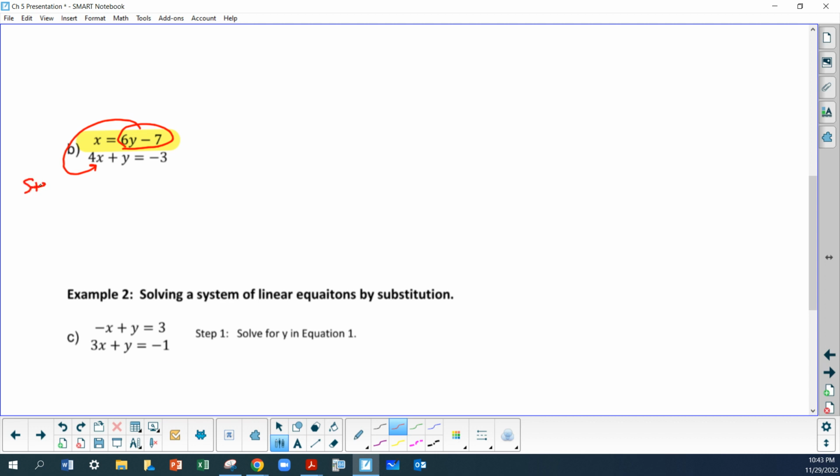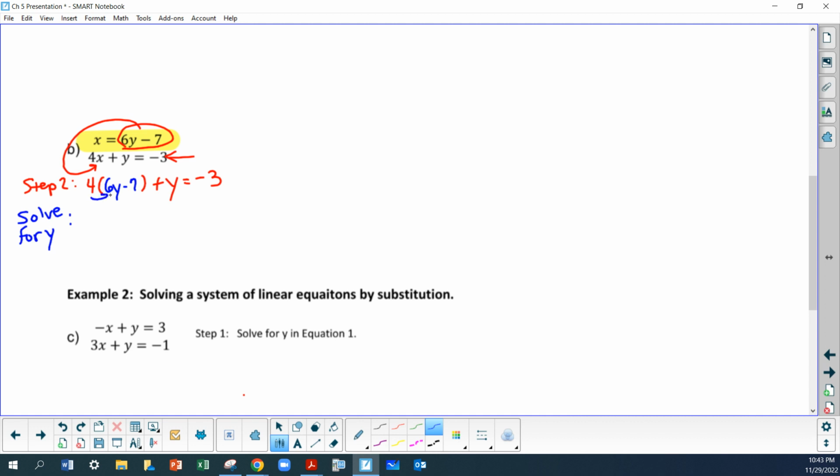So we're really on to step 2 at this stage, if you're following along with those steps that were listed above. And I'm going to go 4 times, and I'm going to replace x with 6y minus 7, and then I'll continue on with plus y equals -3, using that equation there, right? All right, now it's solving, so let's solve this out. Solve for y,